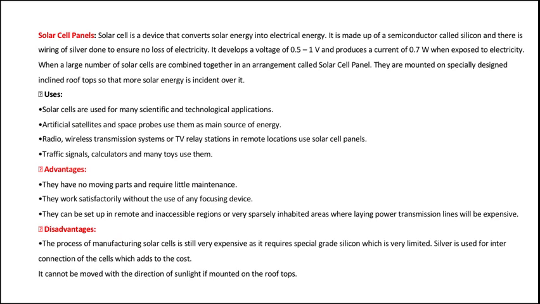Disadvantage: the process of manufacturing is very expensive because it uses silver to connect one solar cell to another solar cell. We know that silver is quite expensive metal, so it will be expensive. Another problem is that it produces DC current, but we have to convert it into AC. We require inverter. Again, it will add the cost. So the major problem of using solar cell panels is the cost, and its maintenance is also high. Thus it is not being a potential source of energy till date.